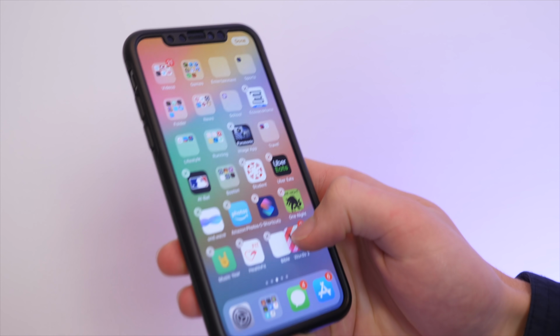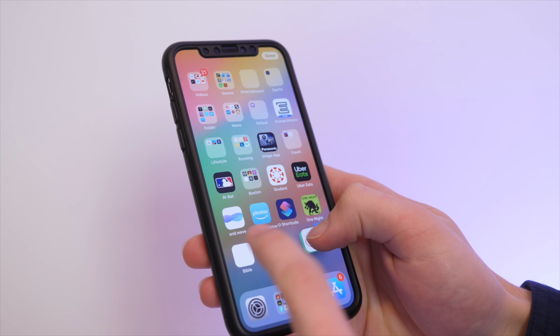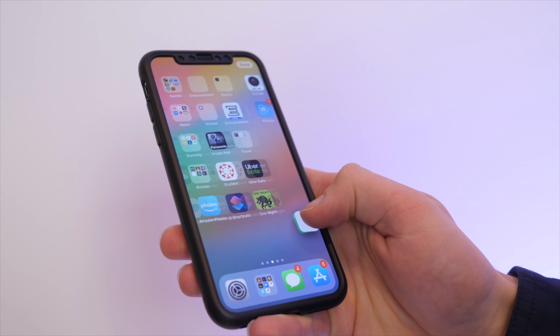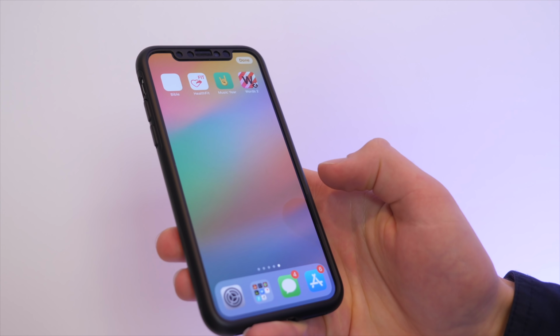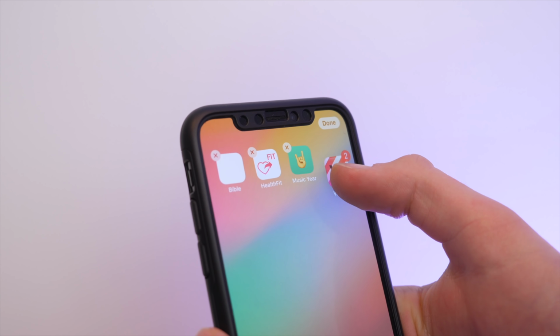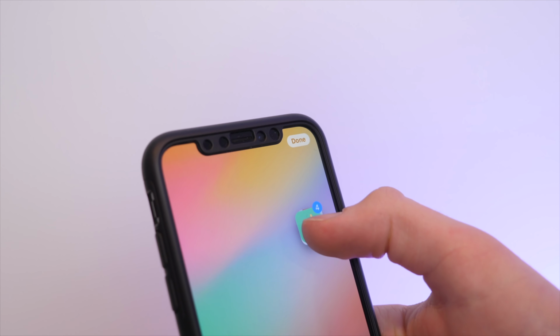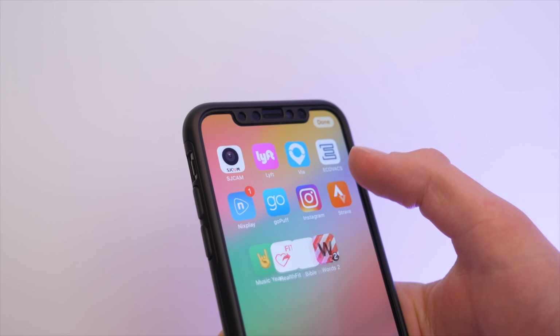Let's get started. Alright, so starting out with number one is something I imagine very few people know about, and that's the ability to move multiple applications across your screen. If you ever find yourself wanting to organize your apps and you have a bunch of apps just out of folders and you want to move them to a different page, you can actually hold down one and tap on multiple other applications. They will all compile into one, and you can drag it and drop it somewhere else. This is a feature Android has had for years, but this is something much newer for iPhones, and it's very handy if you're ever trying to move multiple apps at once.